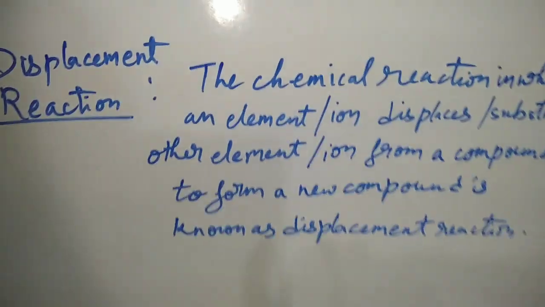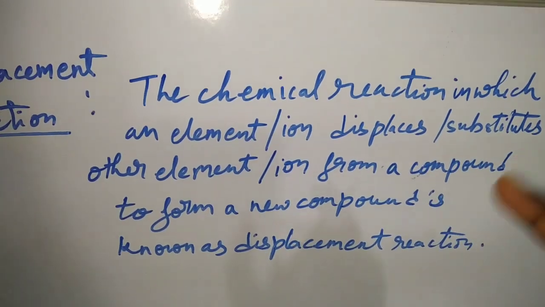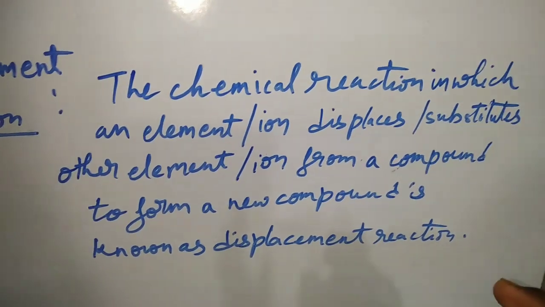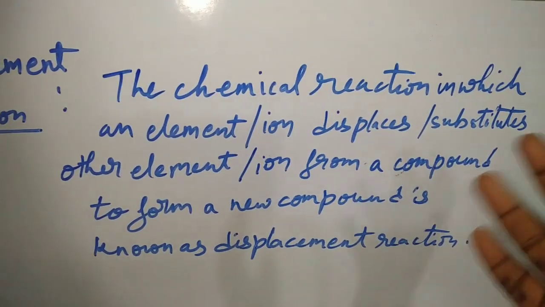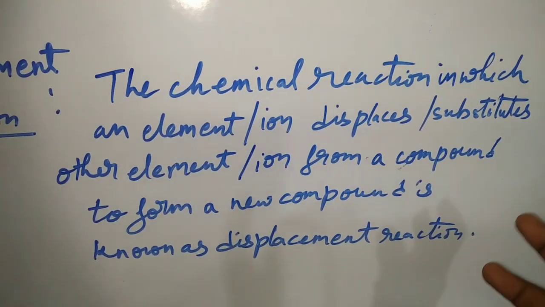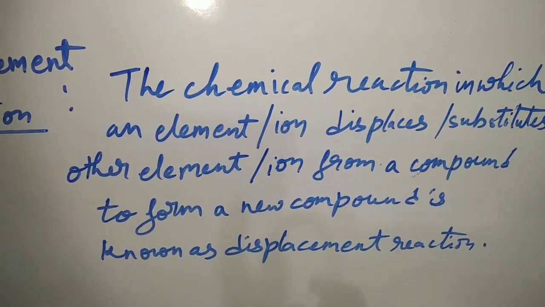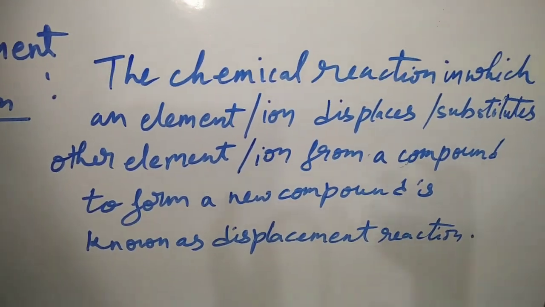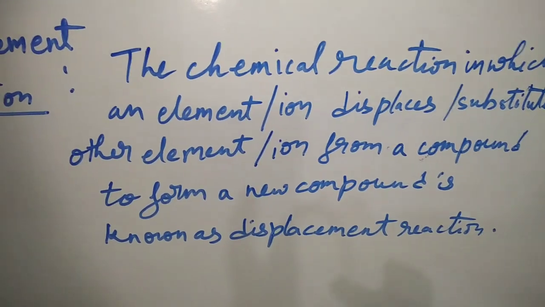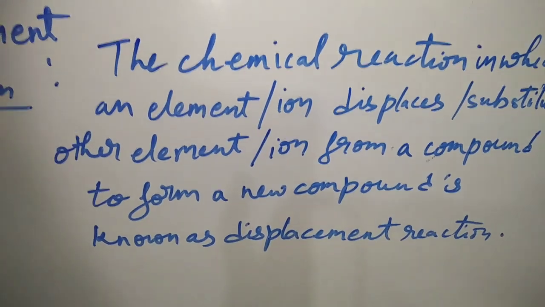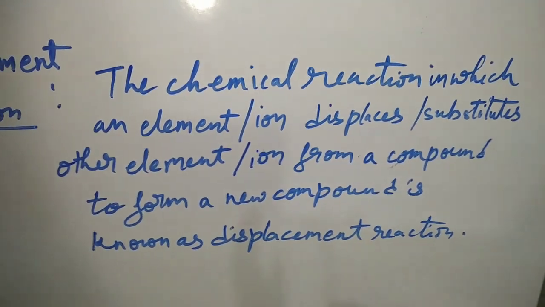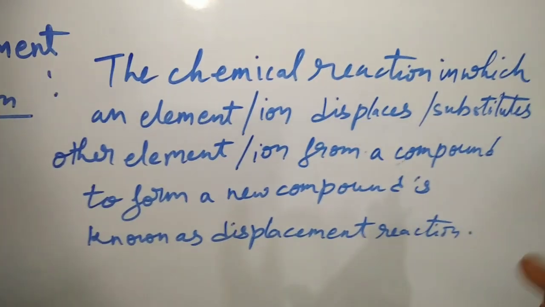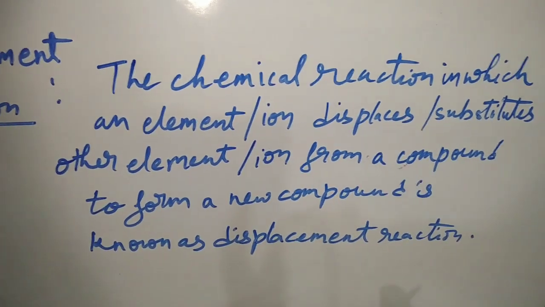So students, the definition is the chemical reaction in which an element or ion displaces or substitutes. The meaning of displace is only substituting something. Other element or ion from a compound to form a new compound is known as displacement reaction. So we understand that a chemical reaction in which an element or ion